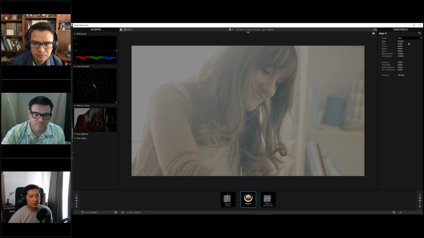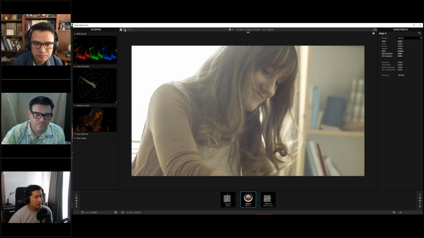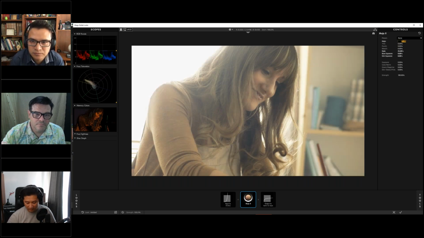So here in Mojo, you can start working on your, how do you call it, your aesthetics. You can add Mojo. For example, let me just add a little bit, 25 or maybe 15, something like that. Reduce the saturation a little bit, reduce the contrast a little bit, and I don't know, maybe reduce the strength